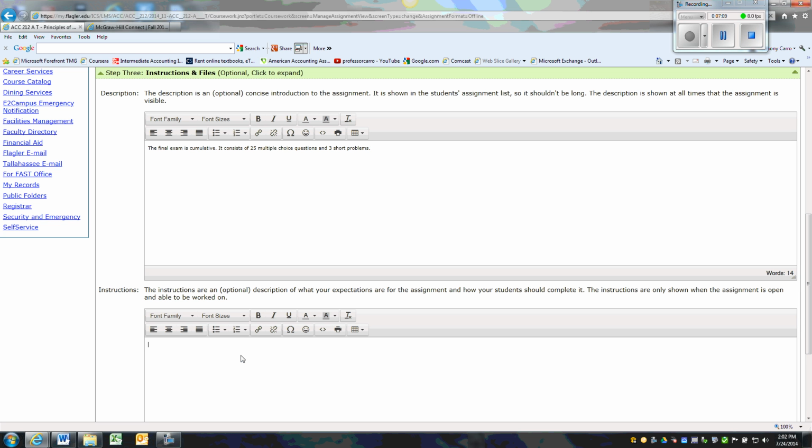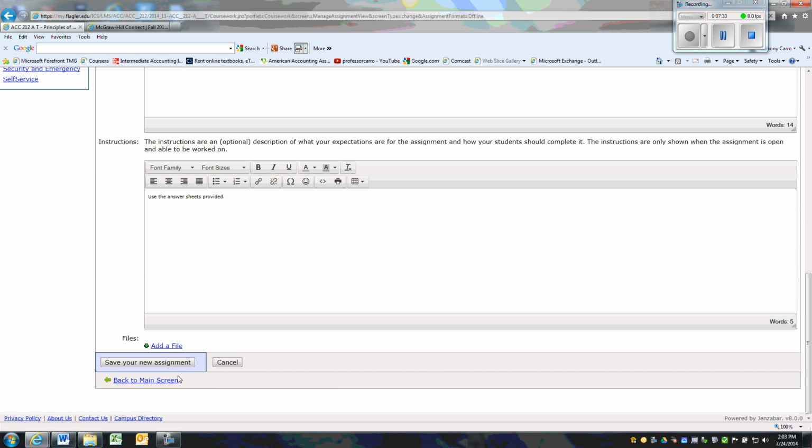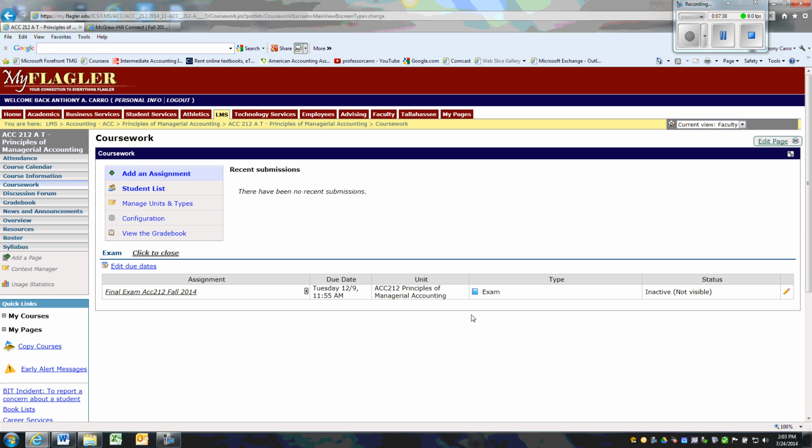If you want to leave more detailed instructions, you would leave it down here. Use the answer sheets provided. Now again, you can put much more detailed instruction in there if you have them. And again, that will not be displayed to the students until the exam opens. So now you click on Save Your Assignment. And as you can see here, it has been added to the exam